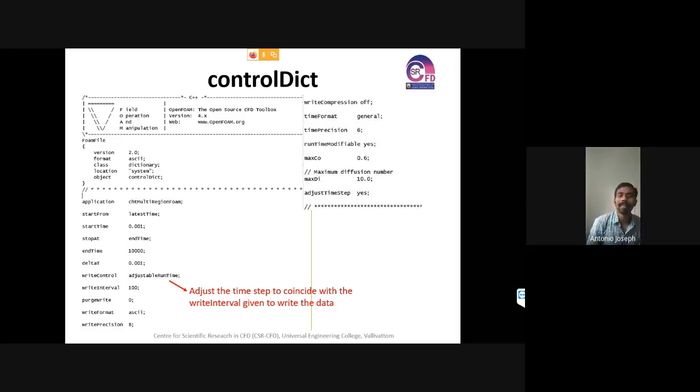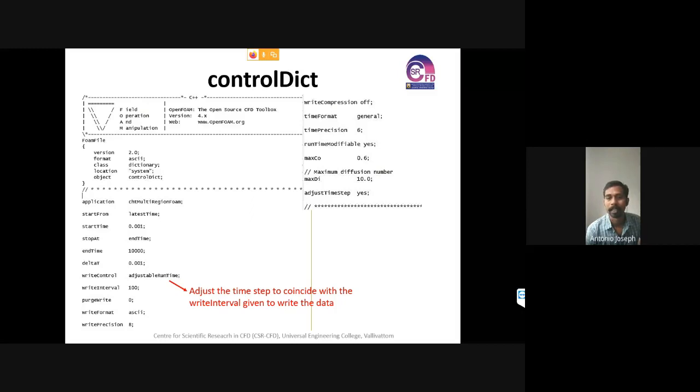Now we are giving permission for adjusting the write time. Maybe there will be some changes in the time step. So we cannot specify, as in the case of a steady flow condition, that the solution should be written whenever we come across 50 iterations. That's not possible in this case, because with regard to the Courant number, there will be some adjustments made in the delta t time steps.